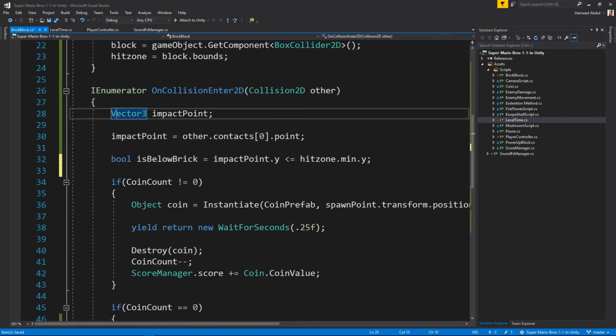So we're just creating an empty Vector3 to hold our contact point, and from there we're saying that based on the incoming collider, which is our player, or say if something else hits it, but that's hypothetical, we're going to get the first contact point, and based on that, if the player has hit the block underneath, so if the first contact point is registered at a position underneath the minimum